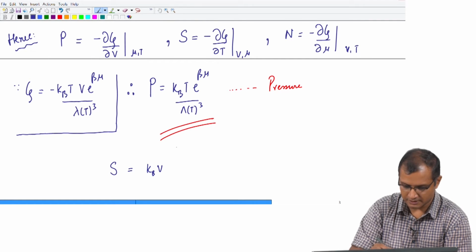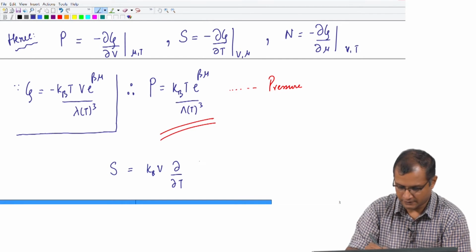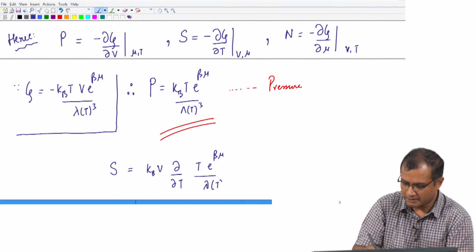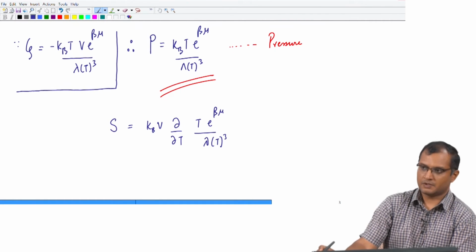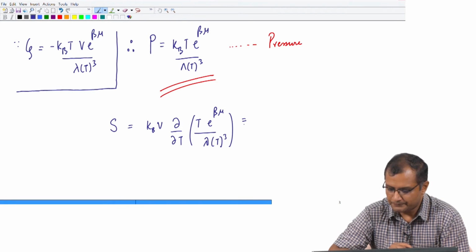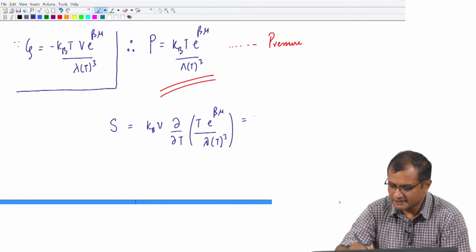So, I am going to first write down the temperature derivative of T e raised to beta mu over lambda T to the power 3. Okay. So, k_B, the Boltzmann constant, will come out. We can do it in a few steps. So, we will first write it as